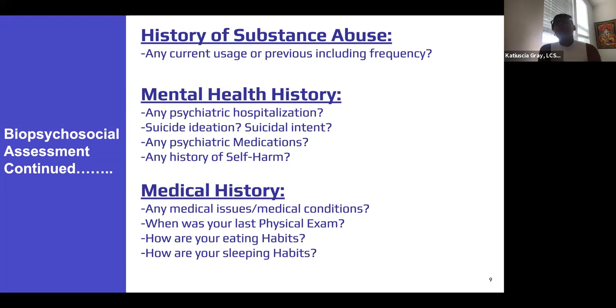So tell me a little bit more about the cutting. This is something that I ask quite a bit. I often say, so when we cut, it is specifically because we feel like there's an overwhelming amount of feelings going on. So self-harm and cutting is a release. So we're leaning into that a little bit more.